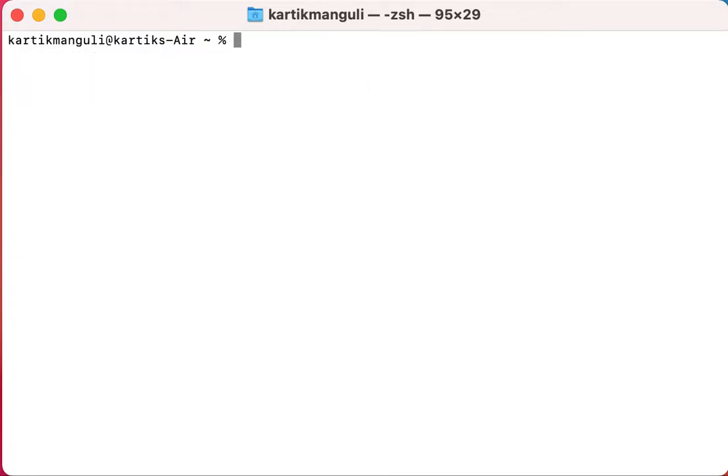What you are seeing on the screen is Karthik Mangule at the rate Karthik's Air, and this percentage symbol signifies a shell. If you are familiar with Unix architecture, you would have learned that there is something called the kernel and the shell. So what is the relationship between kernel and shell?